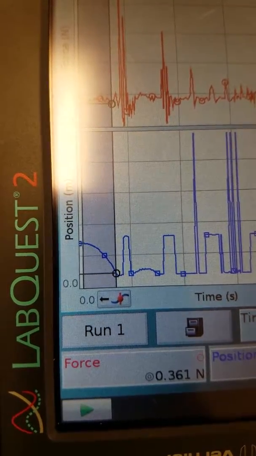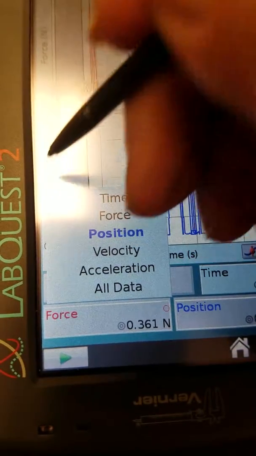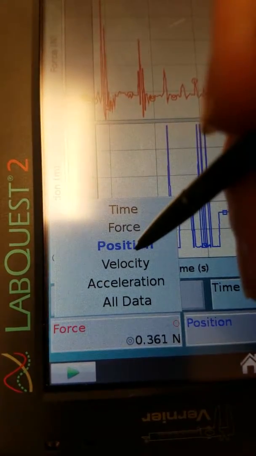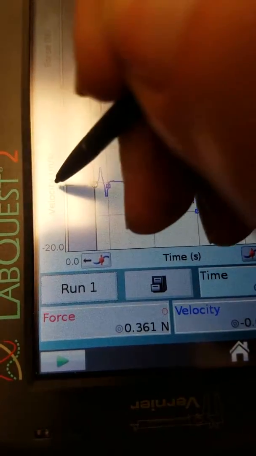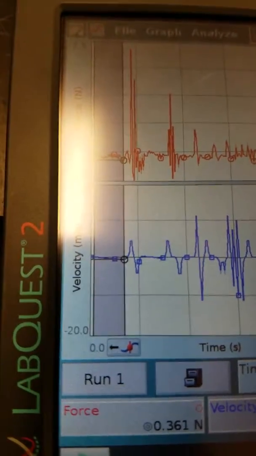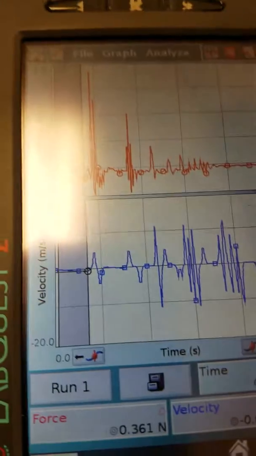All right, but I don't want to deal with that. I would rather it just be linear. So what I'm going to do is click on the side where it says position, and then I'm going to choose velocity. Let's try that again. Oh, I did. I got velocity. Choose your velocity. So over that same piece of space, I'm now going to analyze it so I can get